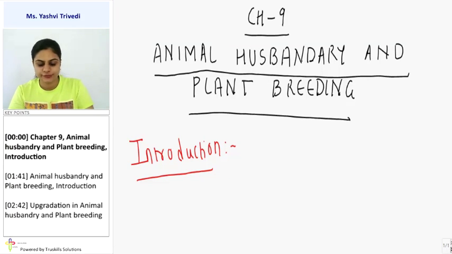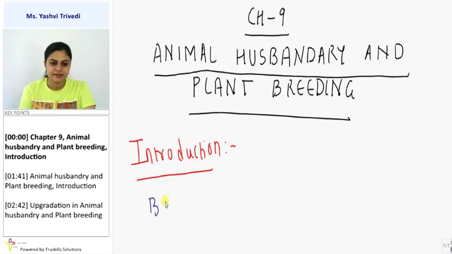Okay, so we are starting with chapter number 9, which is animal husbandry and plant breeding. First of all, let us see the introduction, that what sort of things we are going to cover in this chapter. As we know, if we talk about the basic requirement of human beings, then the